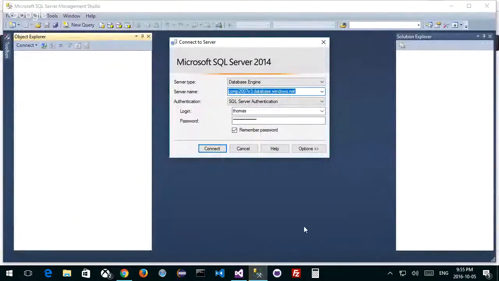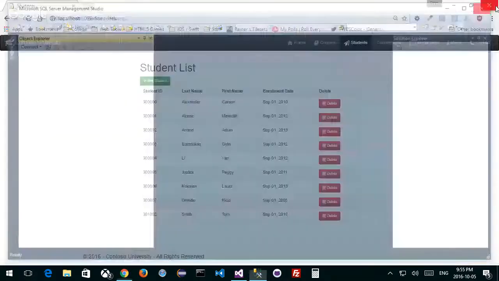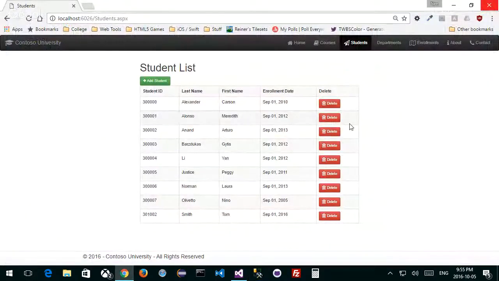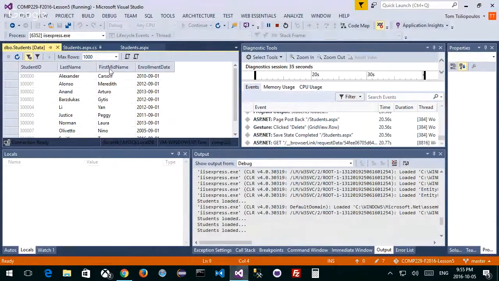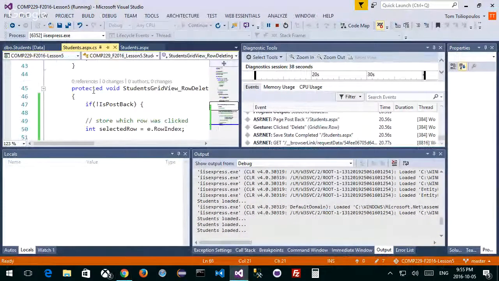Not postback is preventing that from happening too. So I got a bit of a problem. How do I prevent that from happening? This not is postback, this link here that I put in. If I go back to ASP, this one, not is postback, is preventing me. It's detecting that I'm doing something in the same page. It's posting back. What I really want is to make sure that after it's been deleted, I can't click that button anymore.